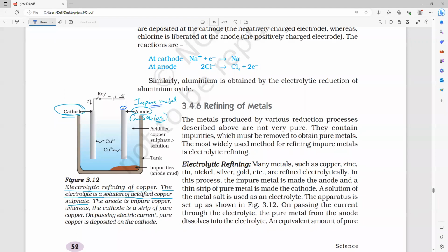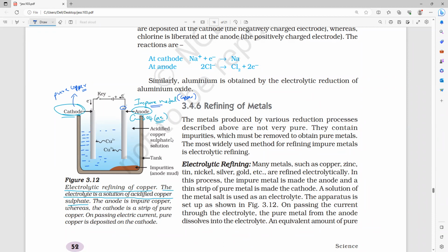And here we have taken impure metal or pure metal? Impure copper. Impure copper has been taken as anode. And pure copper has been taken as a what? Everybody, respond. Pure copper is taken as cathode. Understanding? And what is the electrolyte, everybody? Acidified